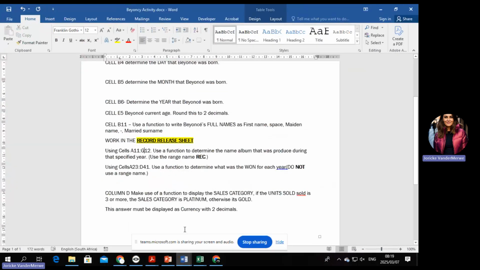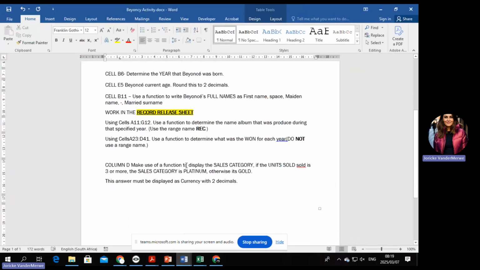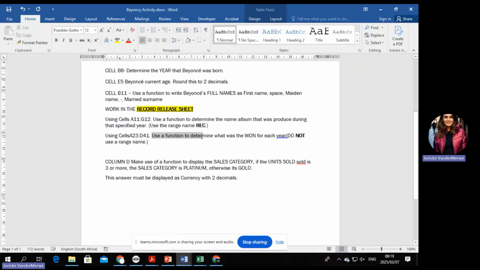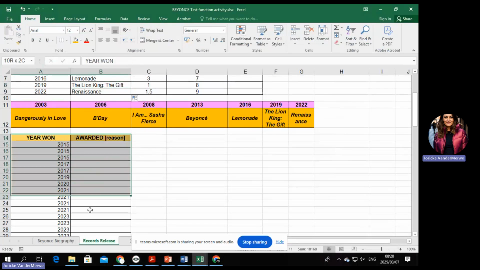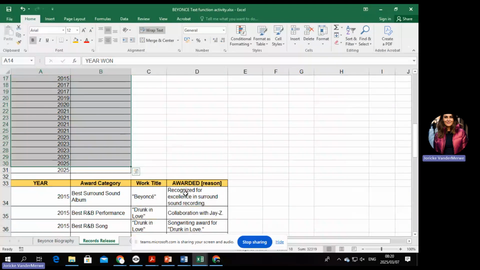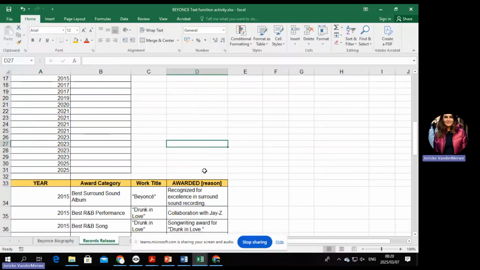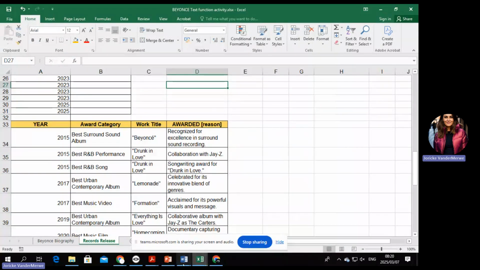Then let's move into the next questions, which are saying you need to use a function to determine what was won for each year. Using cells A23 to D41, you need to determine what was won, and you shouldn't use a range name. Okay, so let's just make sure that we got the right one.